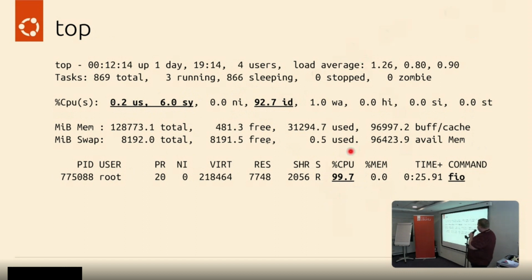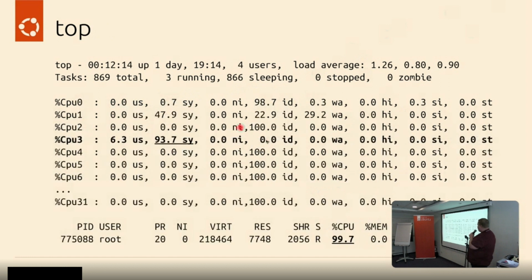What we don't really know if you haven't used this before is that this number here doesn't stop at 100%. It goes up to however many cores you've got. So in this case, we've got 32 cores. It would actually go up to 3200%. And if you press the number 1, it will actually break it down for us. So top will show us each CPU, how much time it's using. And so in this view, I can see that one CPU is busy,